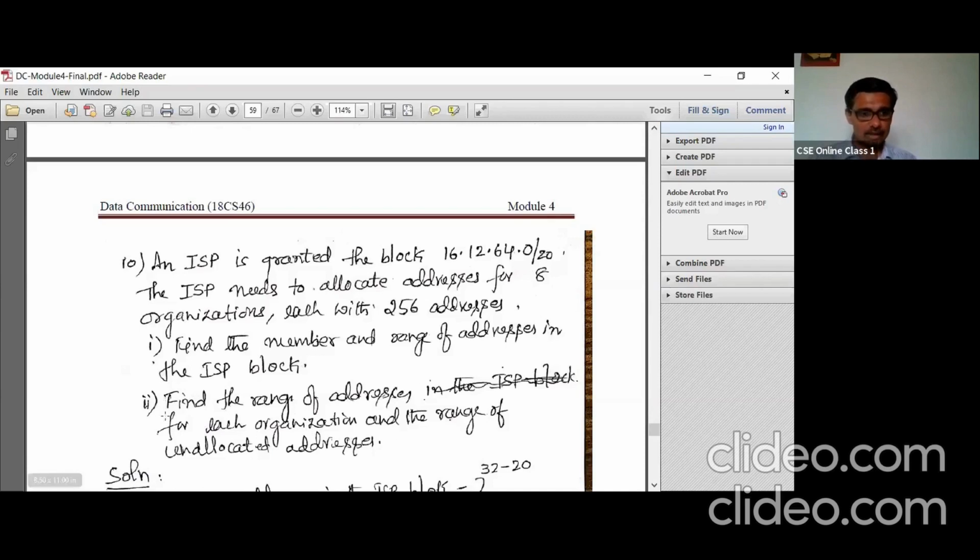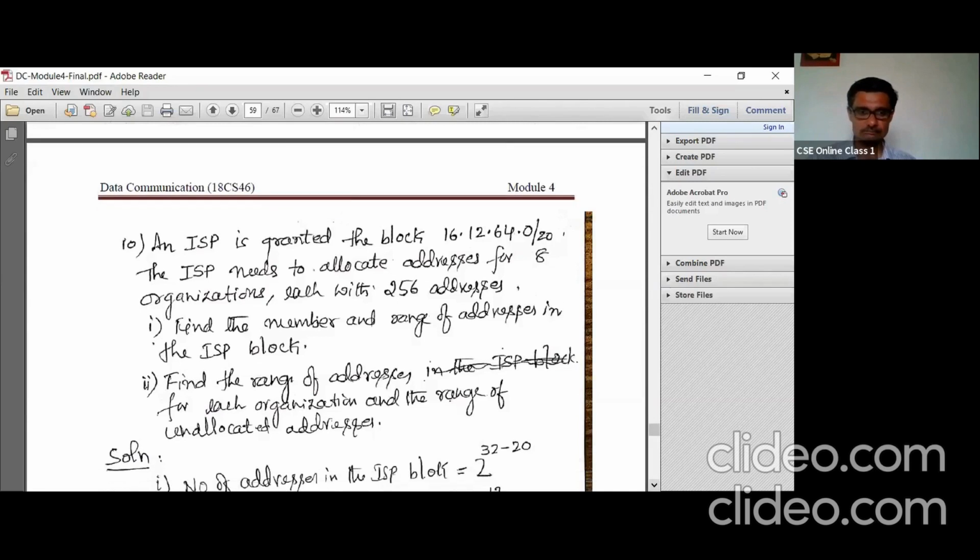The second part is to find the range of addresses for each organization, that is the starting address and last address of each organization. And at the end, we need to find the unallotted addresses in the ISP. Okay, let us solve this problem.